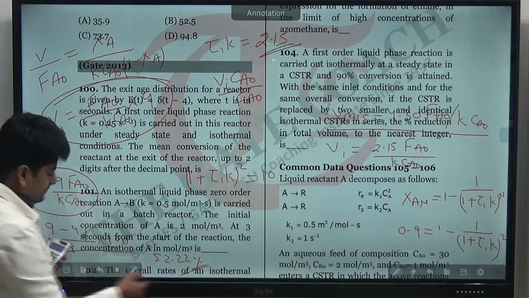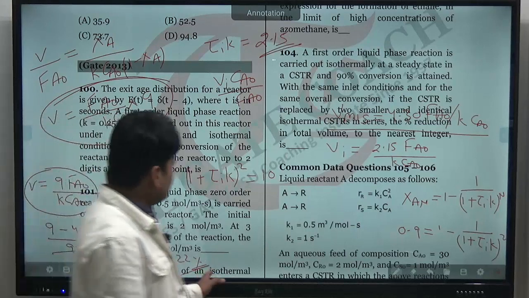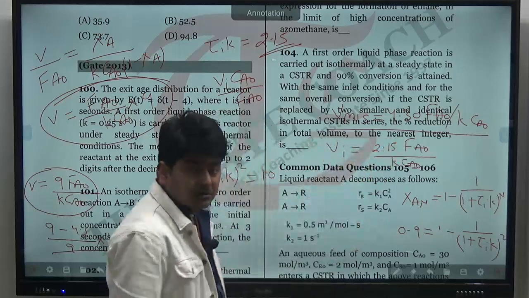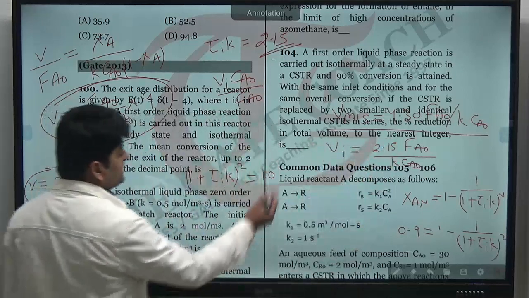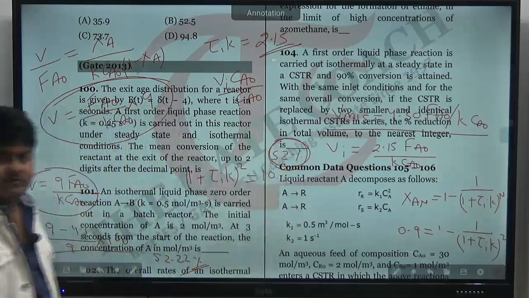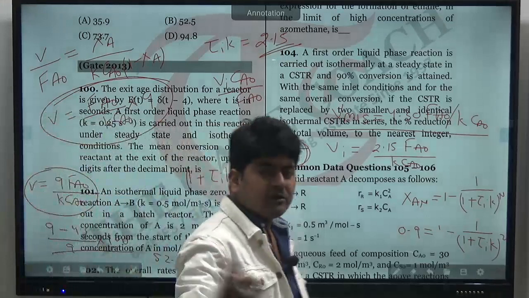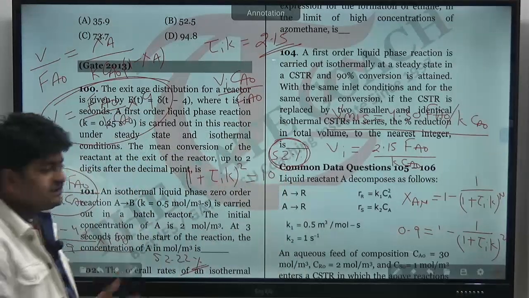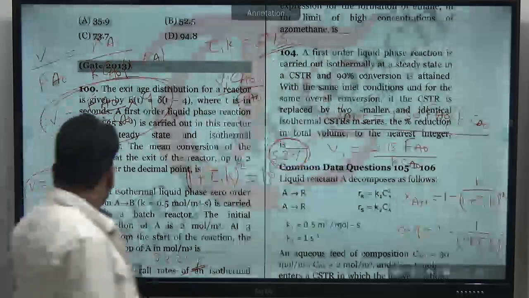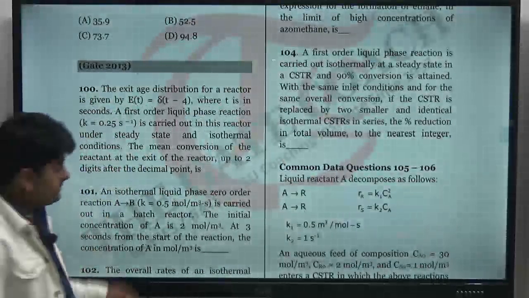That is 52.22%. Okay, simple. So that is the answer. You have to write this up to the nearest integer. So 52.22 to the nearest integer will be 52. That is my answer. I will type 52 there. Okay, simple. That's how we solve these kinds of numericals. Okay. So I hope it is clear to you how to solve these.